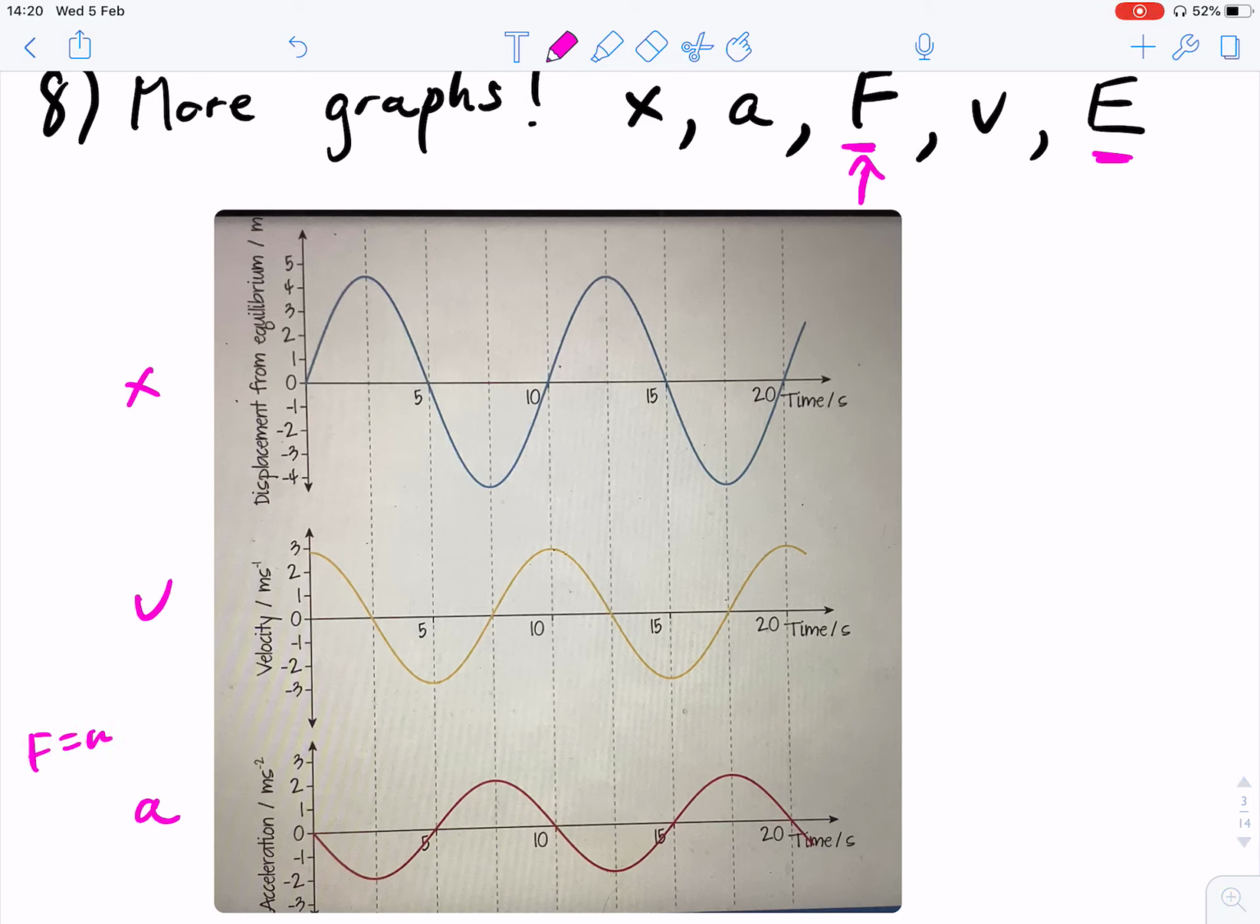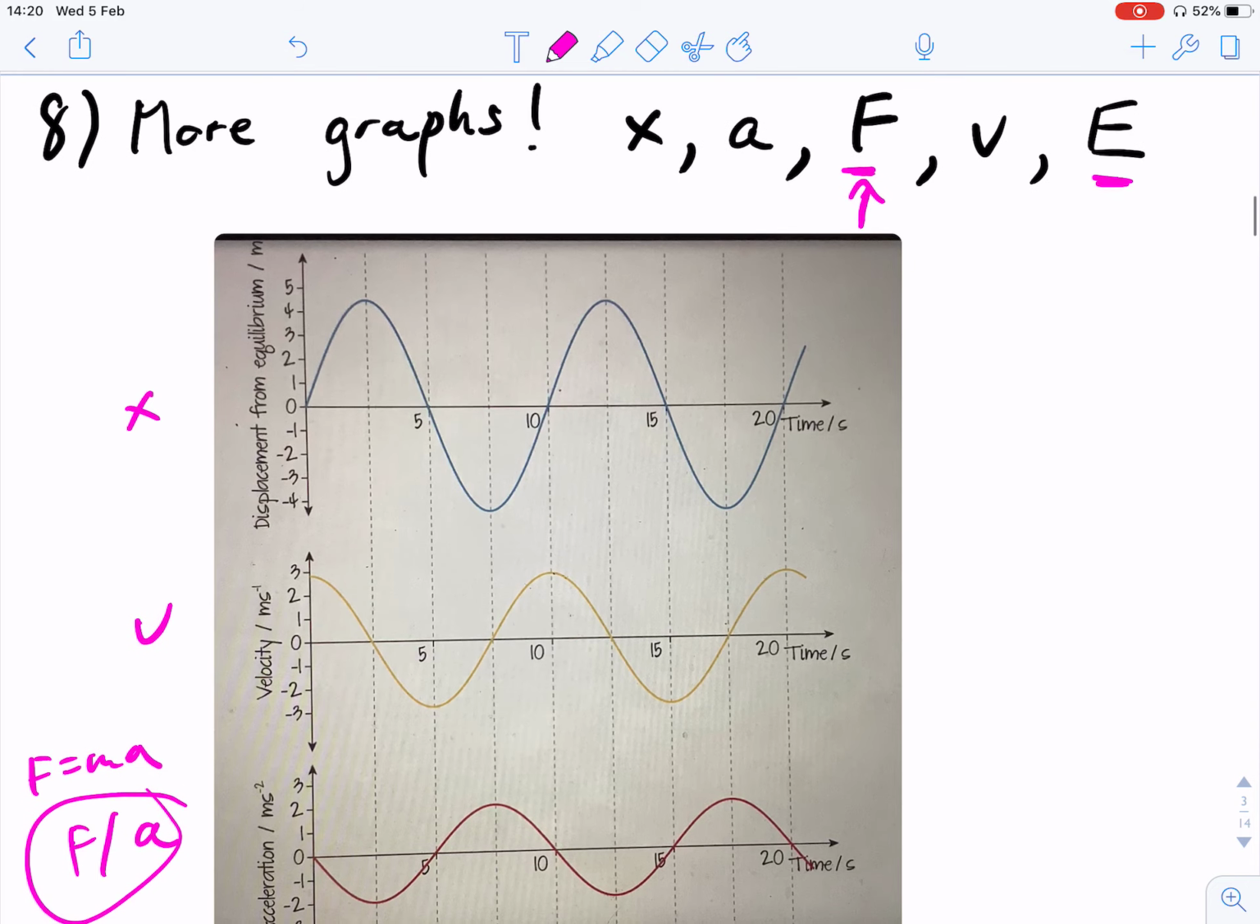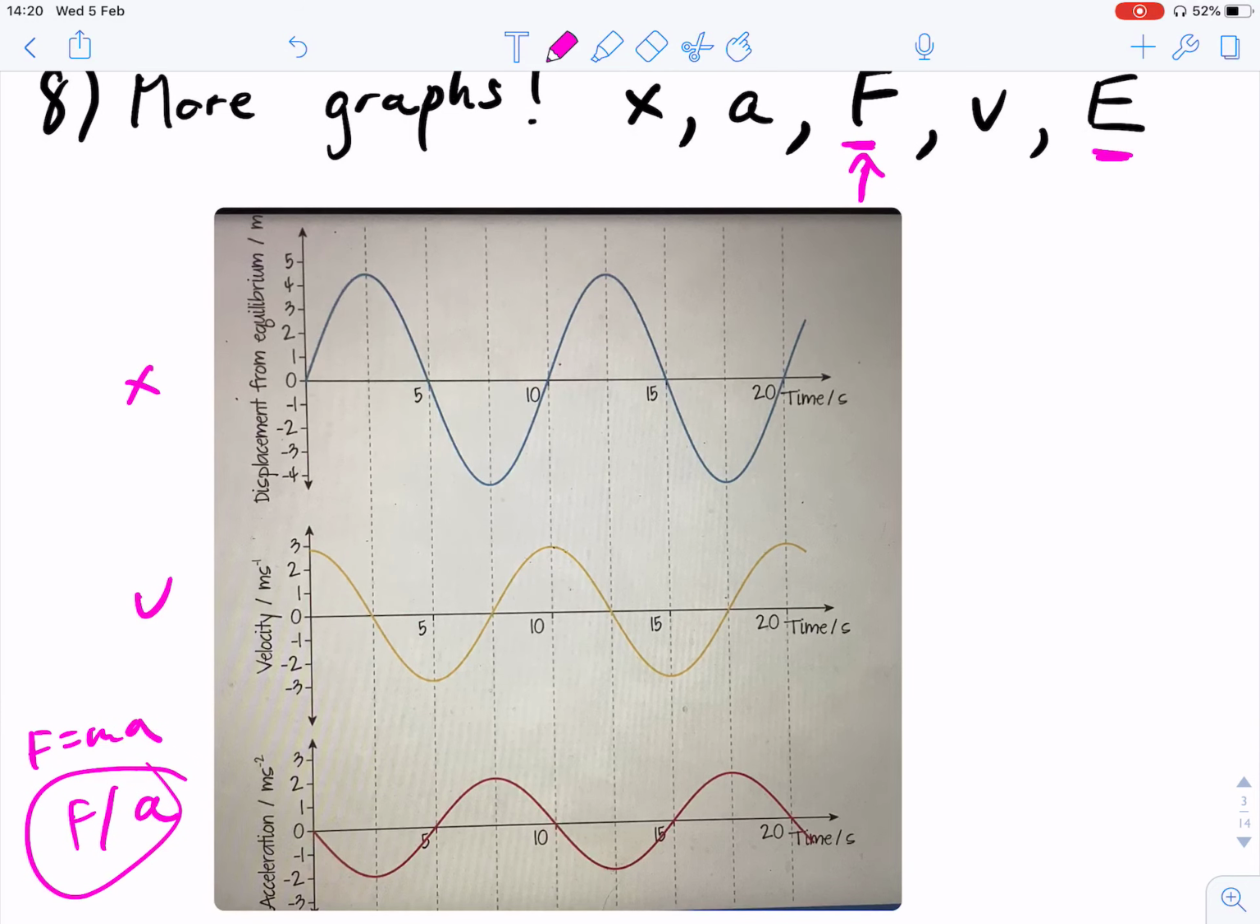But about force graphs, we know that F equals ma. So force and acceleration graphs are going to look quite similar to each other. But let's get started with our displacement graph. So I'm going to pull up a few points here that are really sort of interesting, I guess. So our first point A